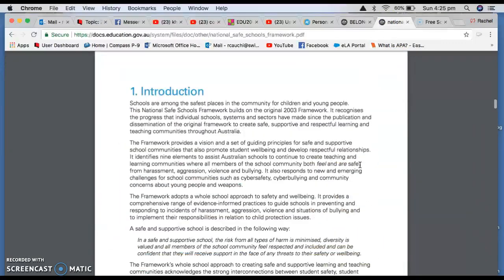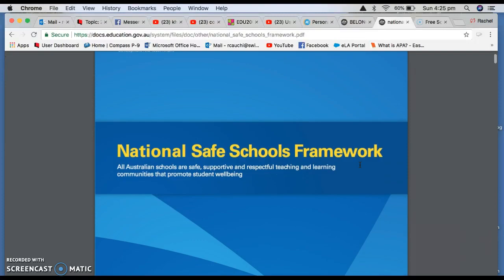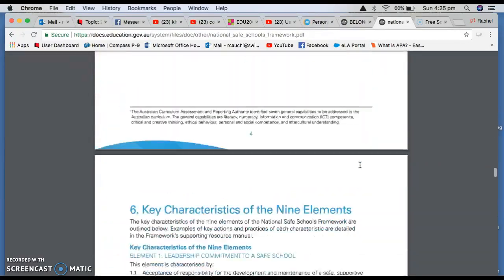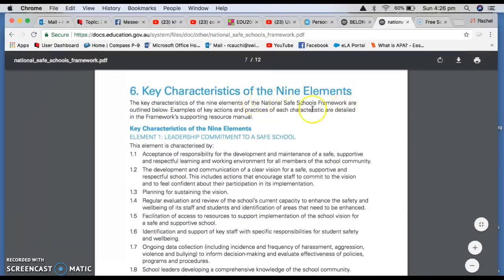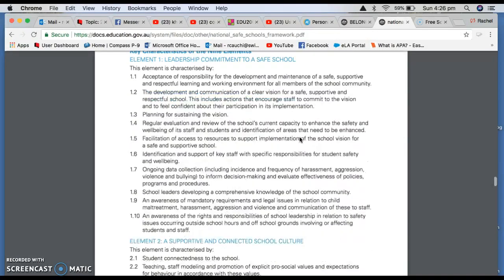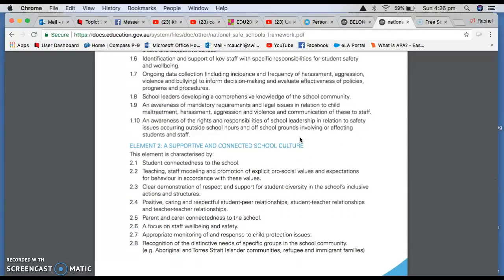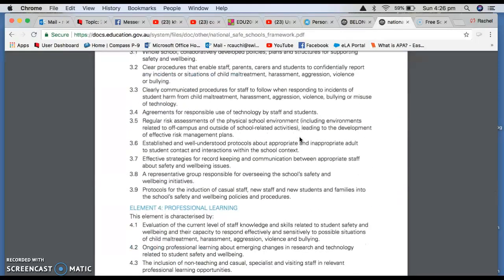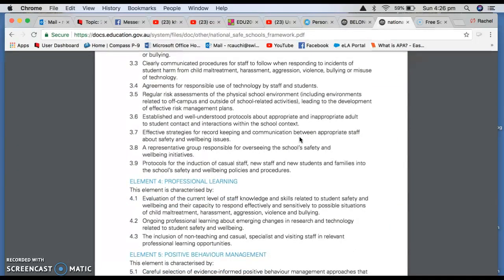This last framework that I wanted to show you is basically the PDF of the Safe Schools program. You could use that as your policy and procedure. Scrolling down quickly, we've got these 9 elements, and they all revolve around the same sort of ideas that we've all been looking at, and the fact that we want to accept responsibility for developing a safe and supportive environment for children. You've got to have a connectedness to school, a connectedness to staff, you have to show respect. There's so many, all of these little dot points can give you something that you can quote